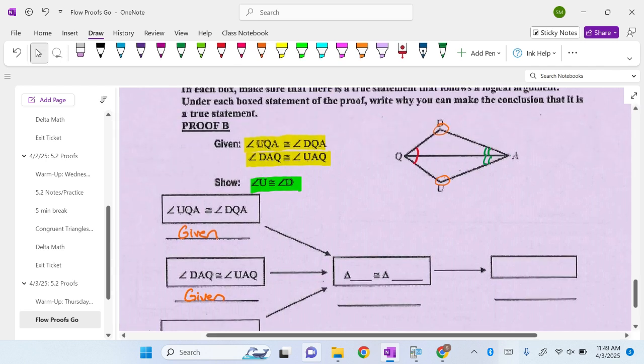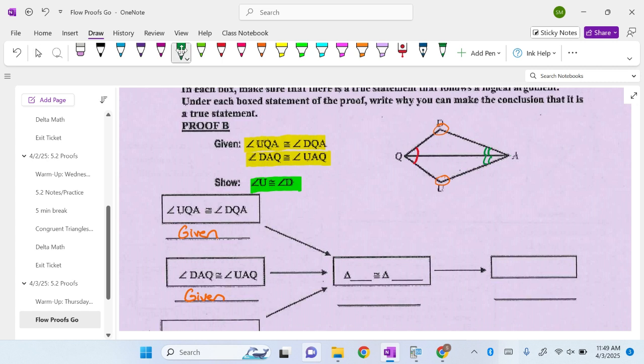Now, this one we have to kind of think about a little bit. So, we already got two angles that are congruent. All right. We need to prove that either a side of those two triangles are congruent or that another angle is congruent. But we can't really prove the other angle because that's what we're trying to find. All right. But we need something else to prove that the triangles are congruent. Because remember, if the triangles are congruent, which would be this statement right here,